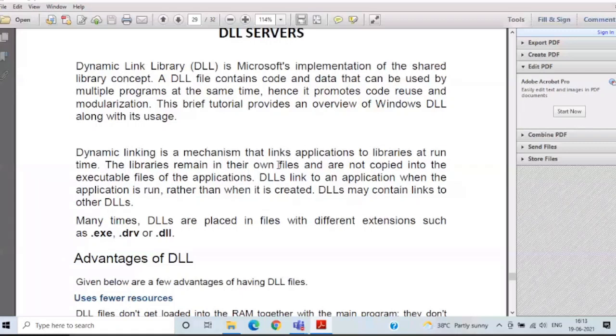So the shared library can be implemented by any of the programs in Microsoft. Hence it promotes code reuse and modularization. Dynamic linking is a mechanism that links applications to the libraries at runtime. The libraries remain in their own files and are not copied into the executable files of the